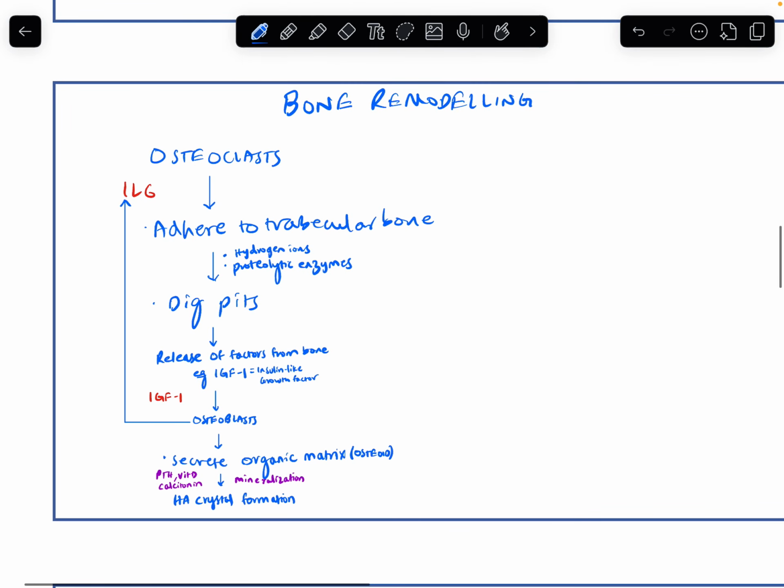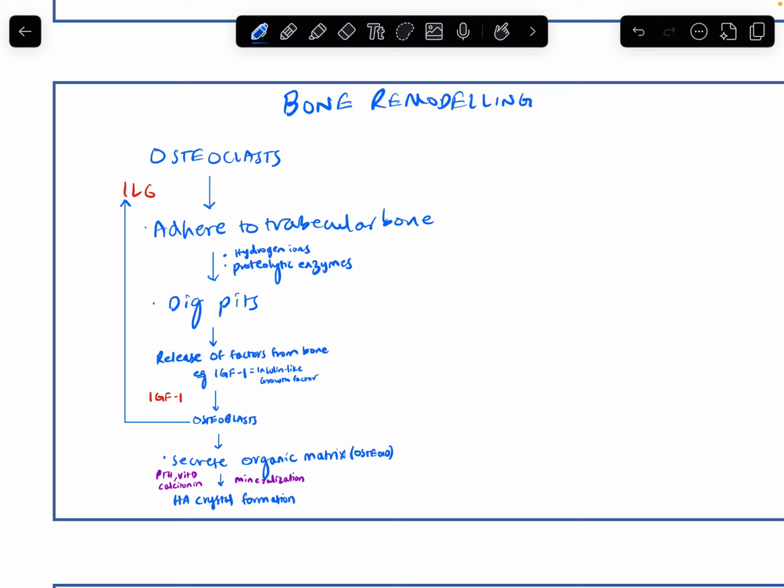Now, let's understand bone remodeling. It is initiated with cytokines like interleukin 6, which recruits the osteoclasts, and these osteoclasts adhere to trabecular bone and secrete hydrogen ions and proteolytic enzymes, thereby forming pits in these bones. And when these pits are formed, different factors are eluded from these pits, like insulin-like growth factor 1, and these factors